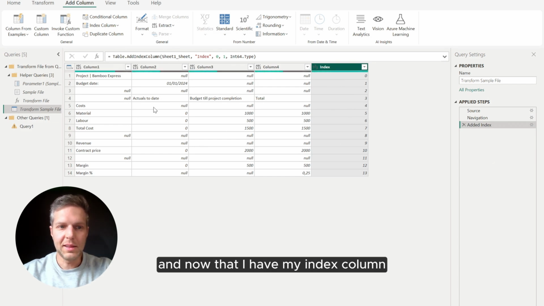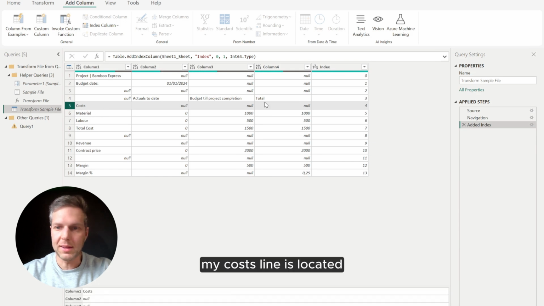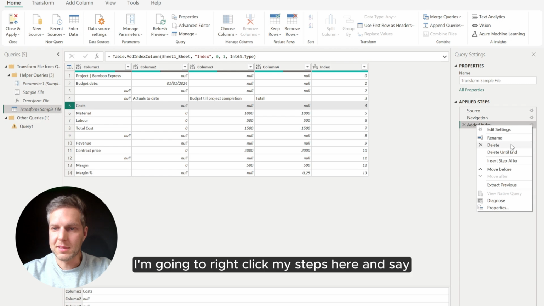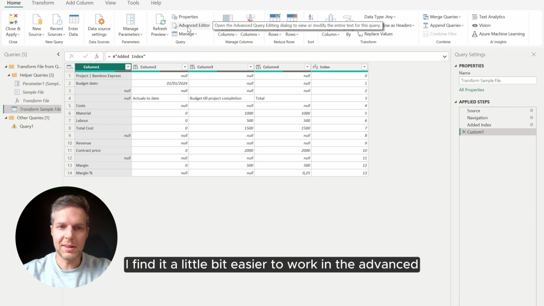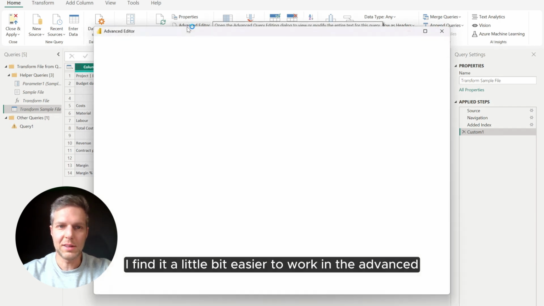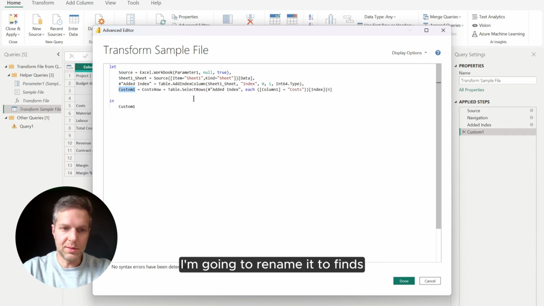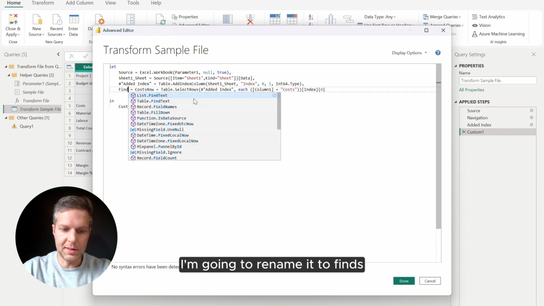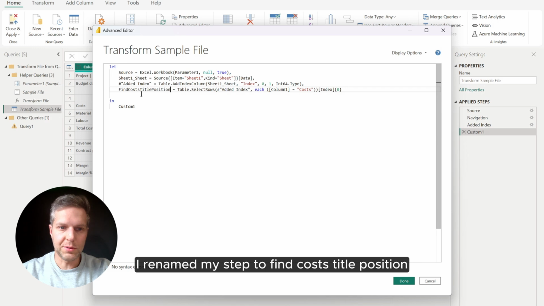And now that I have my index column, I want to find on which index item my costs line is located. I'm gonna right click my steps here and say insert step after. I have a custom step that has been added. I find it a little bit easier to work in the advanced editor, so just go here. Now I have my custom step here. I'm gonna rename it to find costs title position. So I renamed my step to find costs title position, and what I'm doing here is I'm gonna say